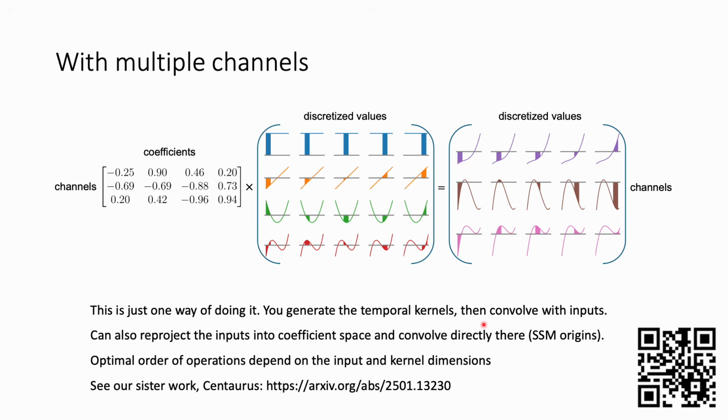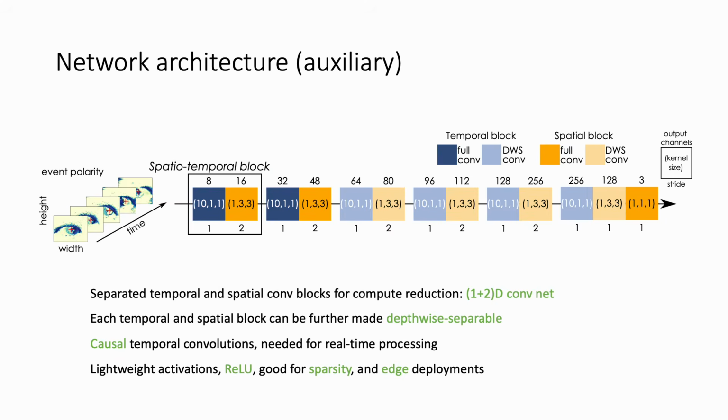So you may ask, okay, which way is better for us? This is actually a very fine-grained discussion we have in our sister work, Centaurus, and I recommend you scan this QR code to check it out. There we talk about the optimal order of operations depending on your input feature size and your kernel feature size. Okay, so we just went over the core of the paper, which is to build temporal kernels